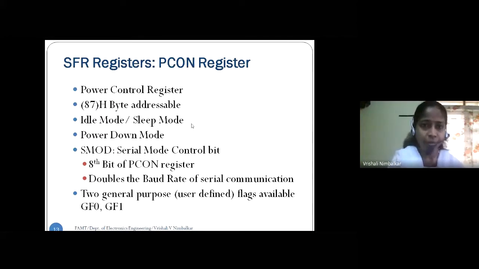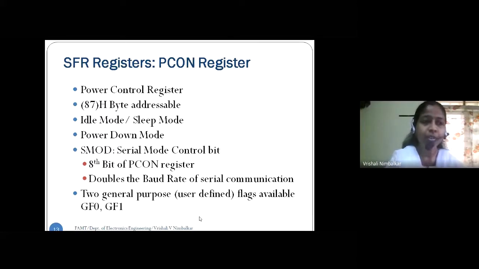In case of idle mode, when we say the microcontroller is in idle mode, it means internally the microcontroller is not performing any operation. Correct? All the register contents and the memory contents are kept as they are. There is no operation or data transfer going on inside. And that is called the idle mode. Whereas the internal clock is running. Whatever oscillator we connect, that on-chip clock circuitry is generating the clock, the square wave. But the microcontroller is not performing any operation.